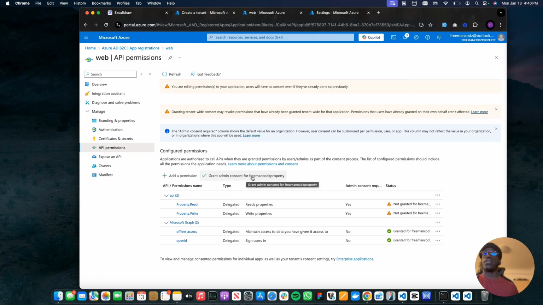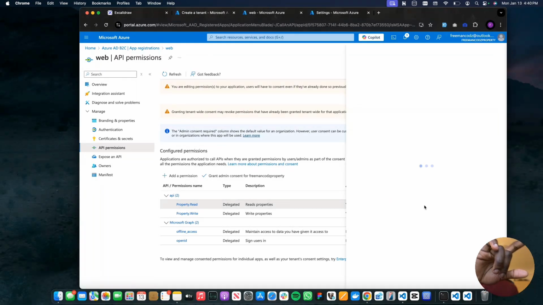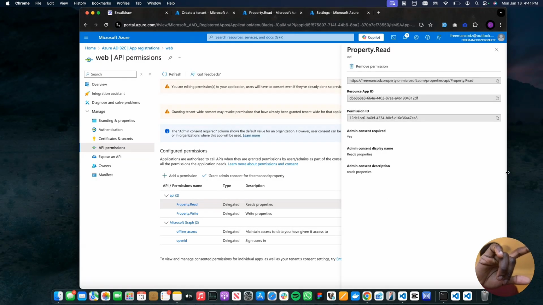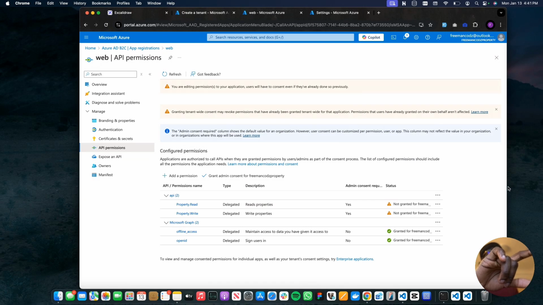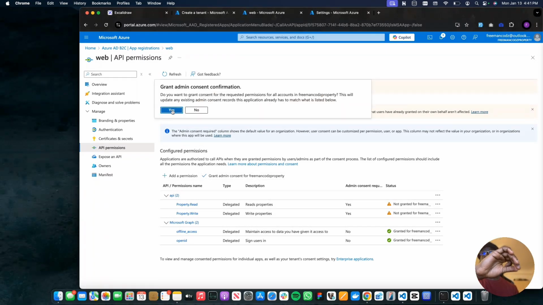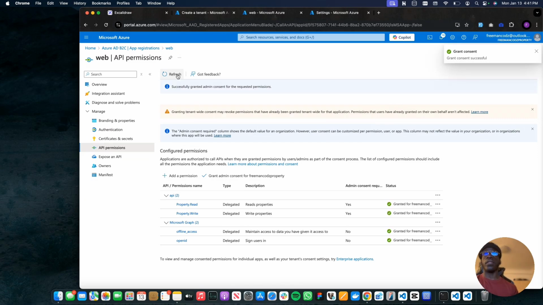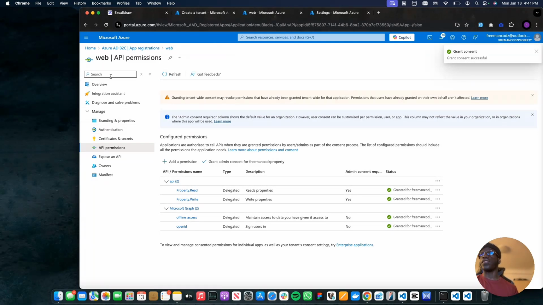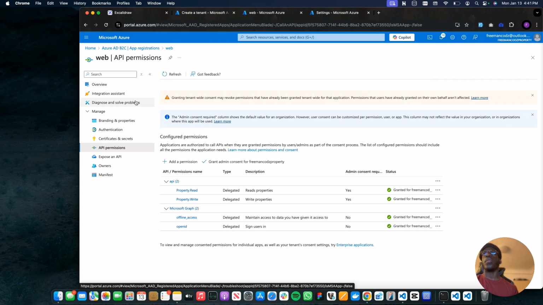Then I will grant. I think I forgot to grant access. Just grant it over here. You can see now that it's showing not granted for freemancodes property on microsoft.com. So you just go ahead and click this button over here to grant admin consent. Click on yes and refresh. Everything's alright. So this sums it all up about setting up Azure Active Directory B2C